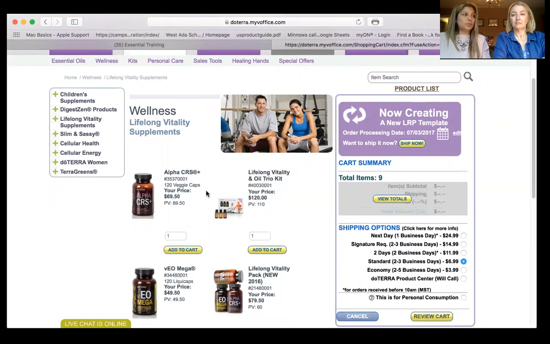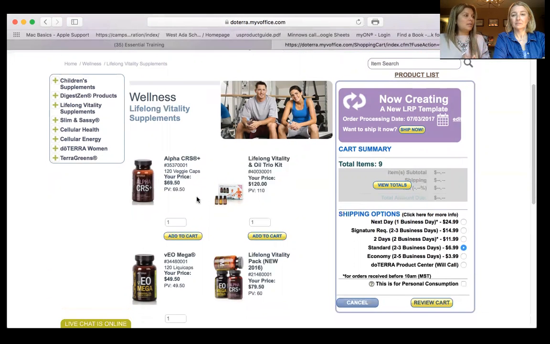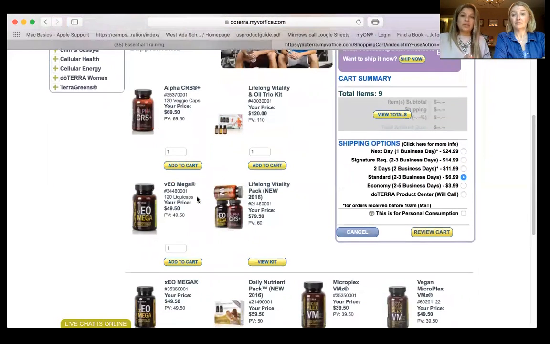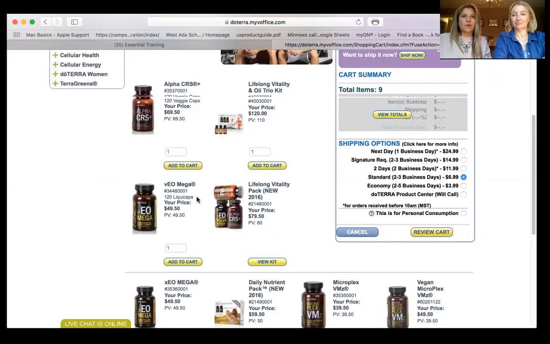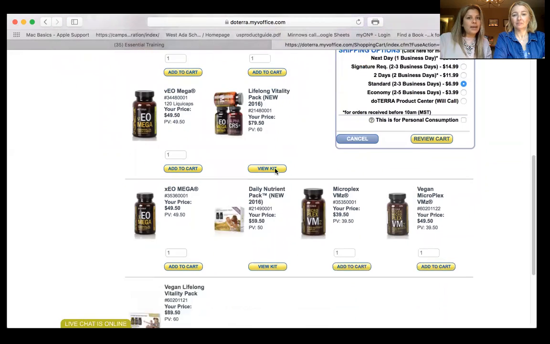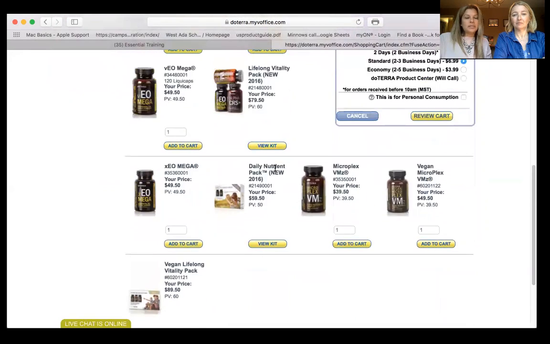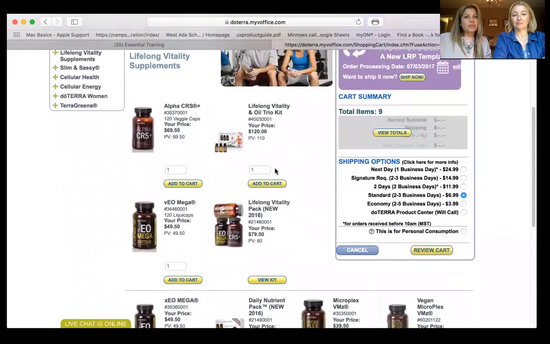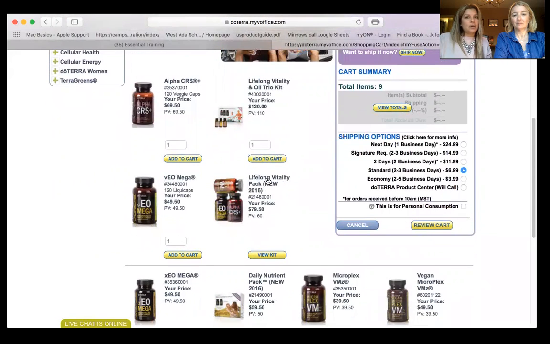When you're asking someone to do something, you have to show them that you do. And this is the number one product that we sell in doTERRA, and for your customers it is going to increase customer retention, and it's going to continue to provide you that residual income that you're working so hard for, okay? So I am going to go ahead and add a lifelong fertility pack, which are the doTERRA supplements, to our cart, okay?